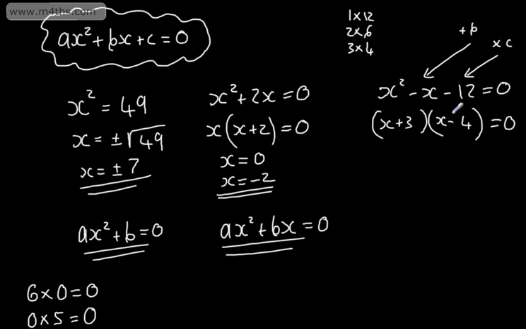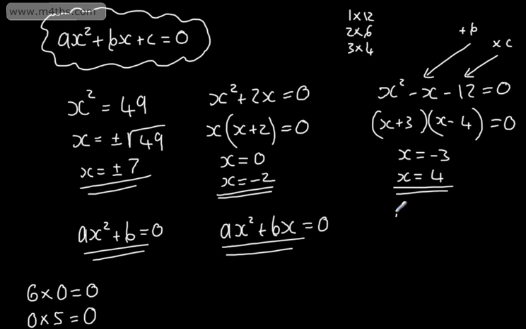Either this or this is equal to 0, as if we multiply them, that will give us 0. If that's the case, then x plus 3 is equal to 0, which means that x would be negative 3, or x minus 4 is equal to 0, which would give us x is equal to 4. I've gone ahead, factored this quadratic equation, and then solved by considering that these now give me a value of